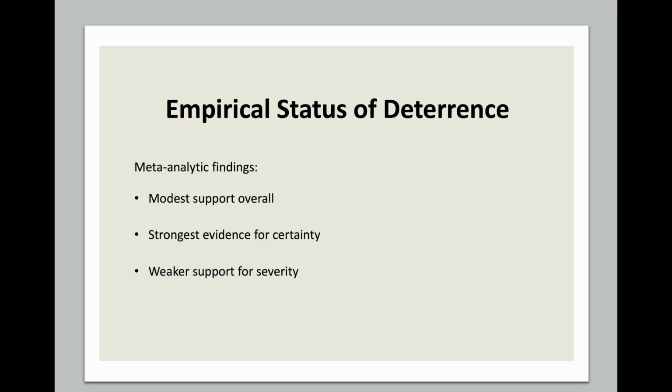Increasing sentence length frequently produces diminishing returns, and this is especially important because many criminal justice systems focus heavily on punitive severity. Now, another important finding is that deterrence effects vary by offense type. Deterrence tends to perform better for planned offenses, economic crimes, regulatory offenses, and crimes involving some level of calculation. Deterrence tends to perform worse for those crimes that are impulsive, emotionally driven, intoxication-related crimes, and crimes involving severe cognitive impairment. Again, this highlights the scope conditions.